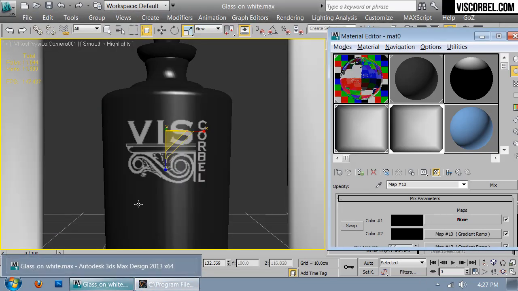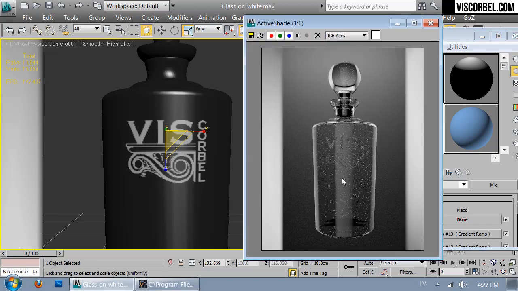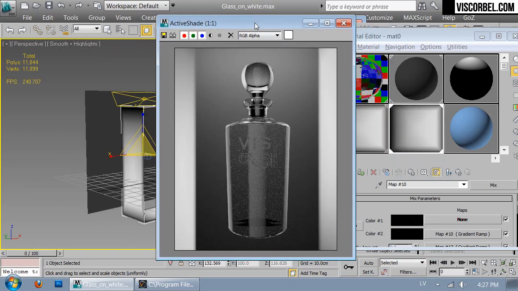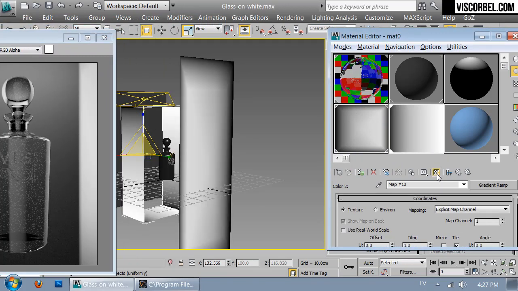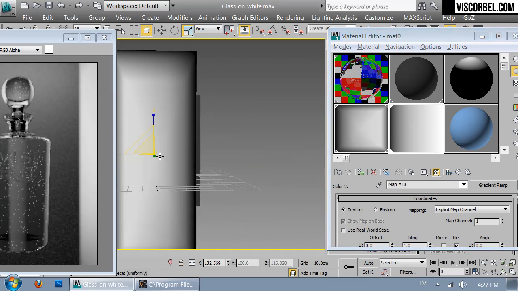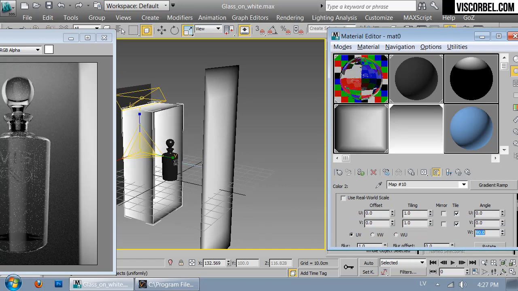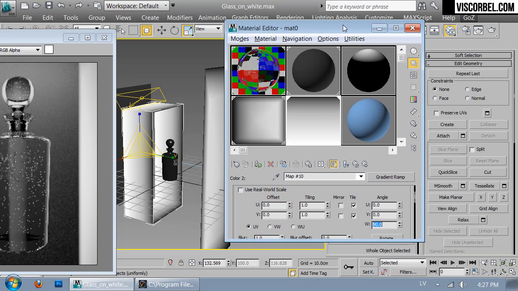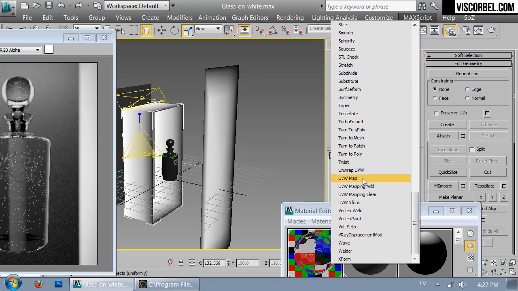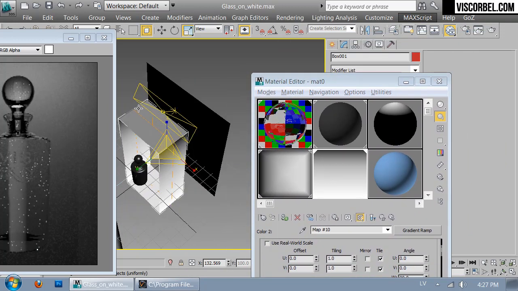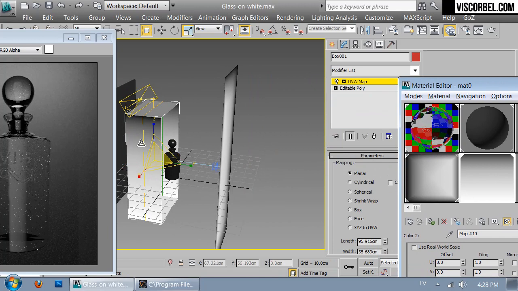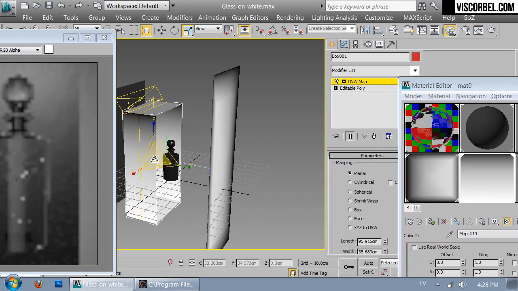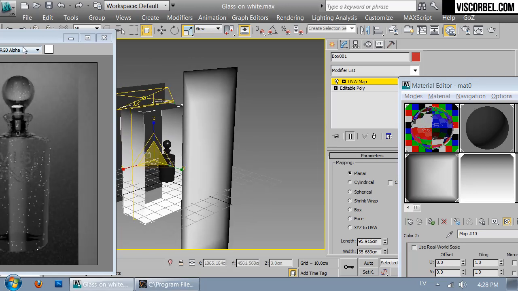And looking at our render, we want the bottom part to stay bright and the top part to remain black. Alright, so we can do that by changing our gradient ramp. I mean, this ramp. Okay, it looks like we need to fix the mapping. Just gonna throw on a quick UVW map. And scale it up like this. Alright, so now the gradient looks sort of okay,